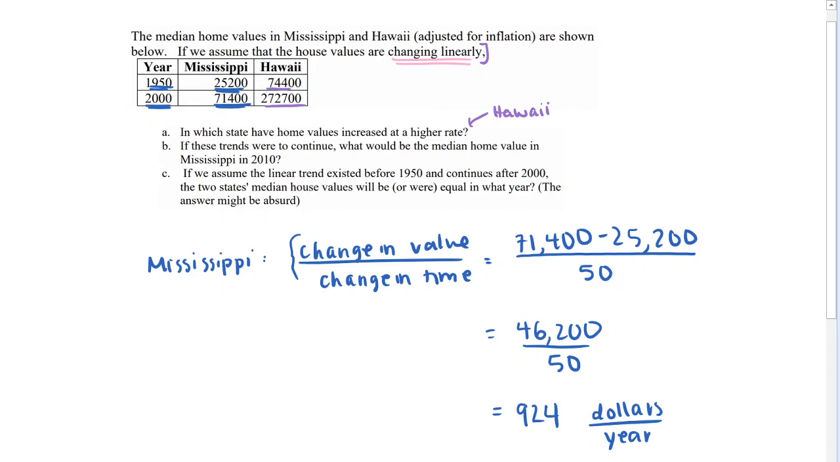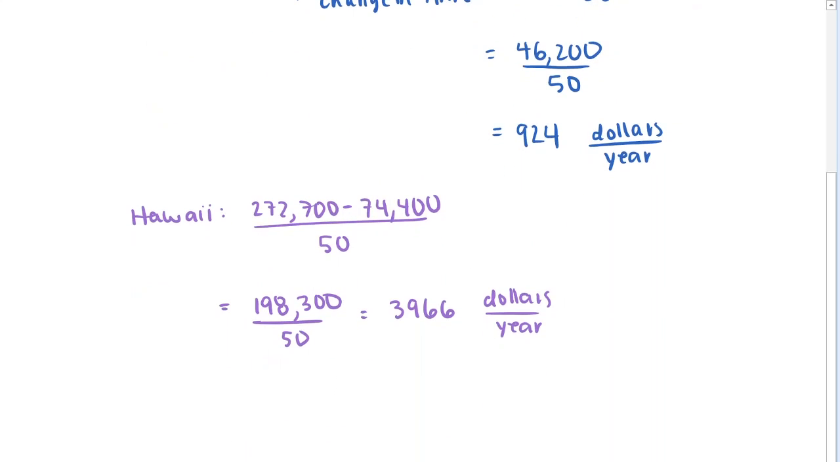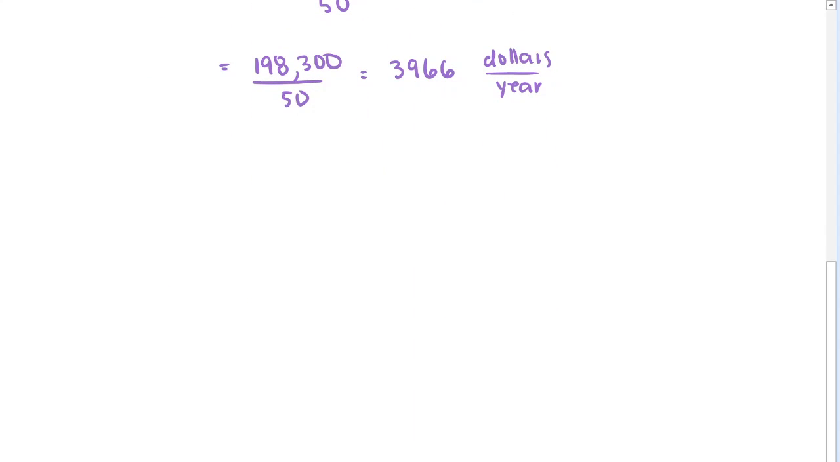Okay, so the next part of this problem says, if these trends continue, what would the median home value in Mississippi be in 2010? And so I think the simplest way we can work through this problem is to come up with an equation for the home values in Mississippi. Right, so here, we want a function that tells us the values of the homes. Here maybe I'll write M of t is equal to,